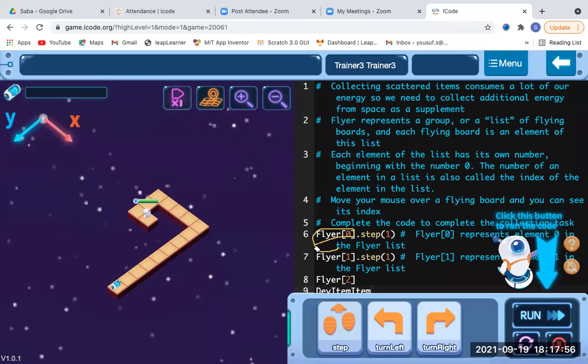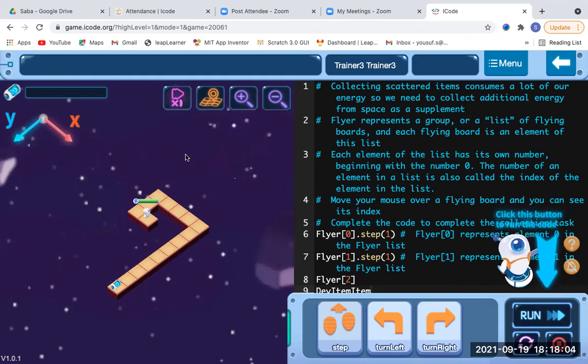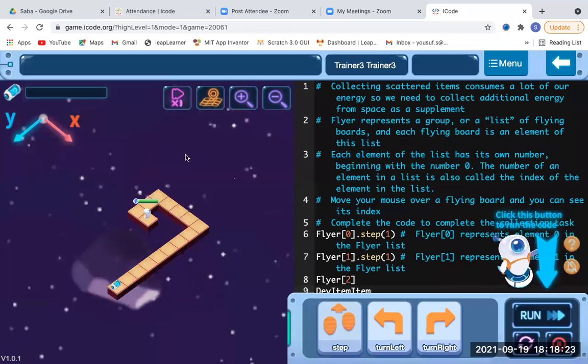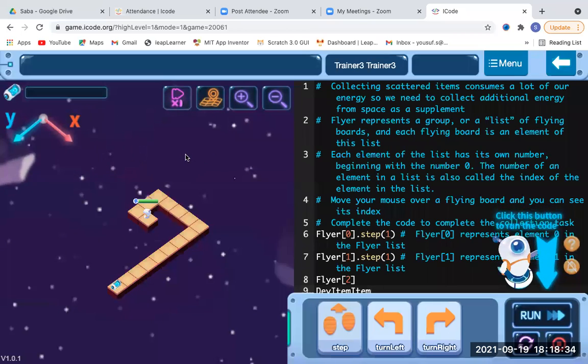Now let's go ahead. The third point says that each element of the list has its own number. You can take one, two, three, four; the number of items in a list is up to you, you can increase or decrease it. For example, if you go to a shop, say Big Bazaar, and you have made a list of grocery stuff, or you are going somewhere else to purchase clothes and you have made a list of 10 items, it is completely up to you.